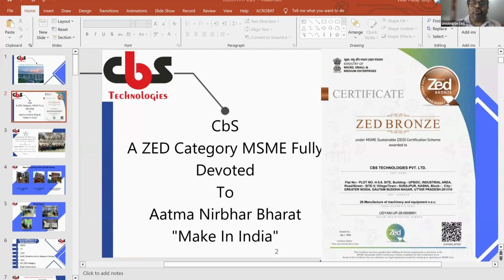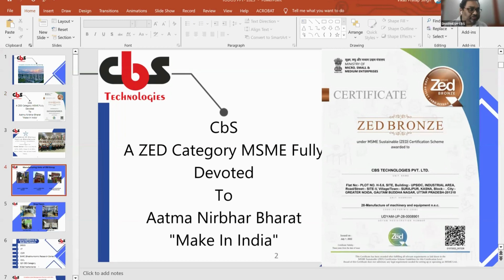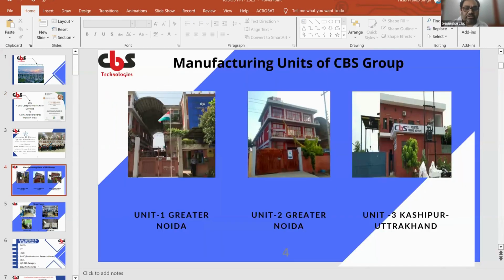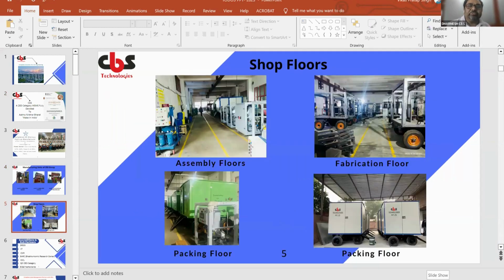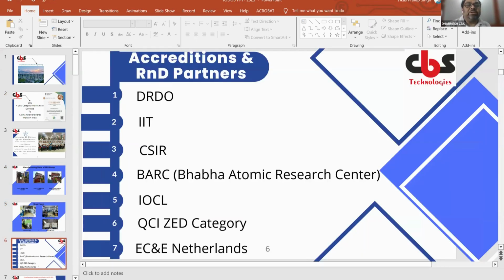Next slide will show you here. Some technical glitch. Yeah. Next slide. This is our small setup. Next slide. These are our shop floors. Next slide. Then these are accreditations, and we are R&D partners with different